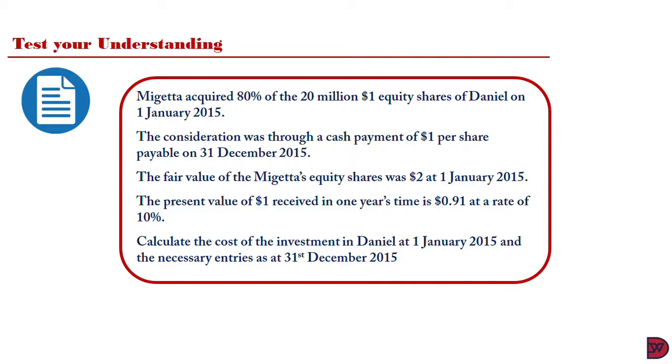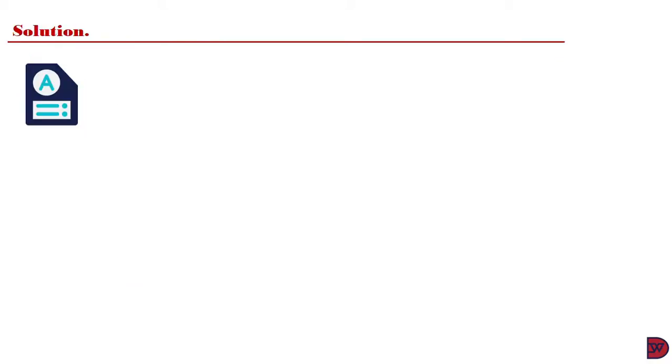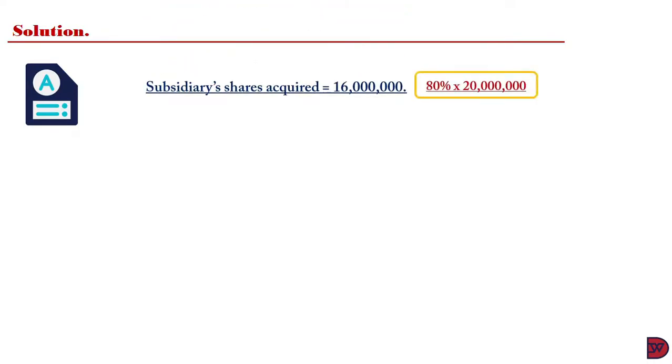So we have to calculate the cost of investment in Daniel at 1st January 2015 and the necessary entries as at 31st December 2015. So we come to the workings. The subsidiary shares acquired is 60 million, which is 80% of the total shares of the subsidiary, which is 20 million. Then the deferred consideration will be